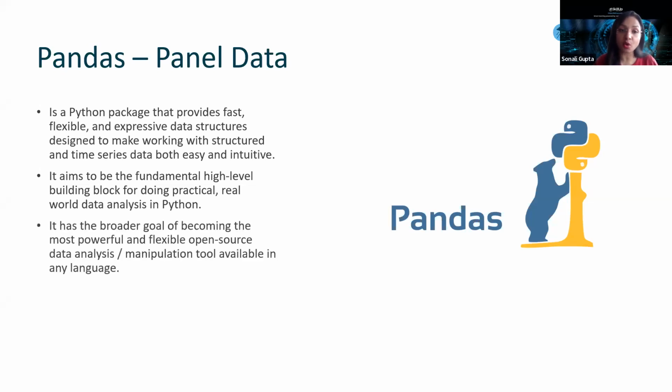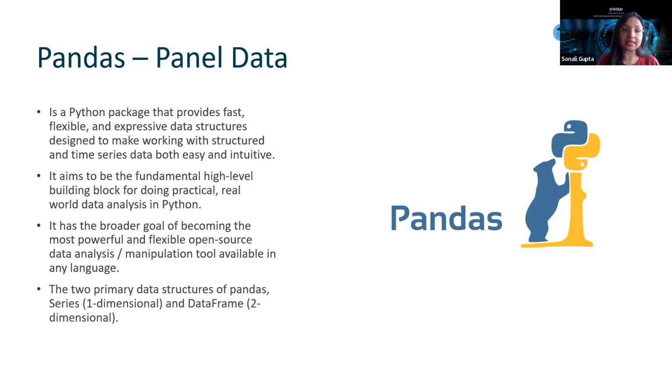It has the broader goal of becoming the most powerful and flexible open source data analysis and manipulation tool available in any language, because Pandas has an extensive set of functions that work with a variety of types of data, while NumPy is more on the numerical aspects of the data.